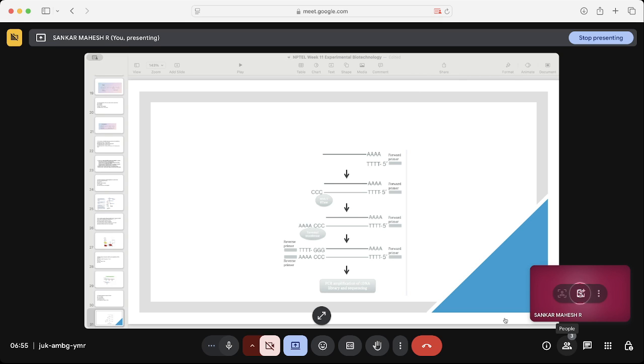Sir, I have applied to the NPTEL exam, sir. And I paid 1,000 rupees, sir. But in payment status, I checked and the payment is not yet showing, sir. It's not opening, sir. I am not sure about this, but I think you can still email them. You can email the